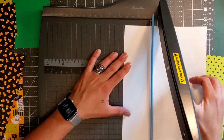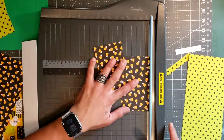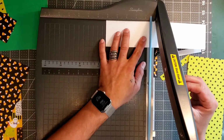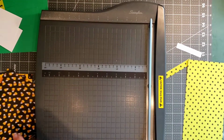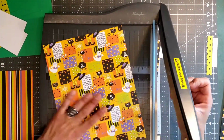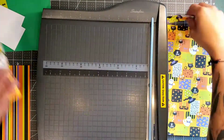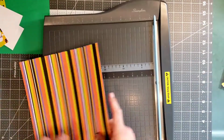You guys are going to hear a little bit of noise right here, but that is because that last DSP paper that we're going to cut for the belly band, I'm going to have to measure. So sorry about the noise, guys, but it's just so that I can get an accurate little measurement. Anywho, right here we're going to keep cutting the little mats,